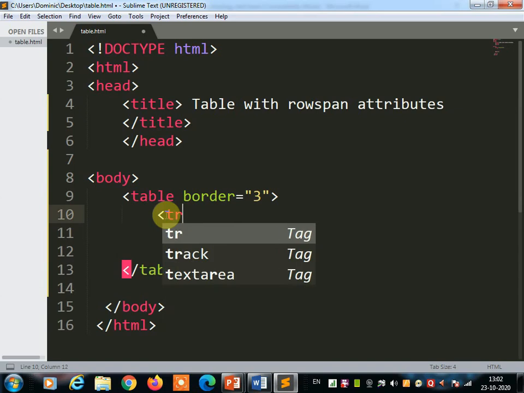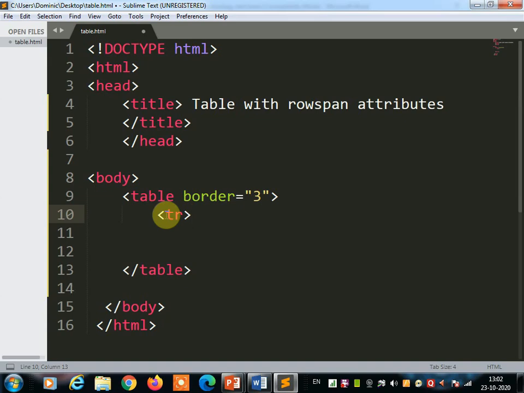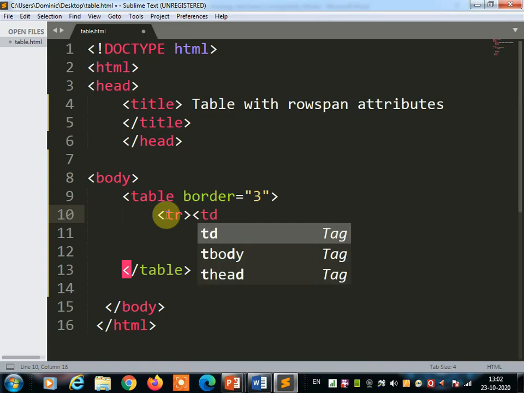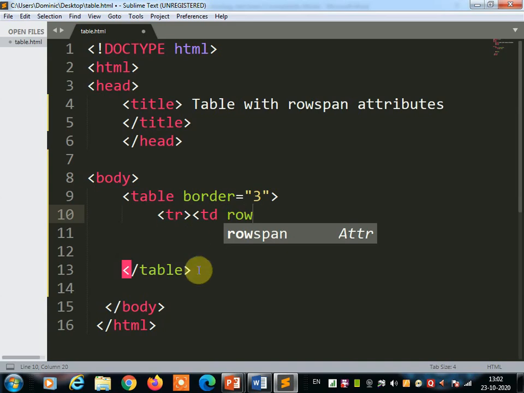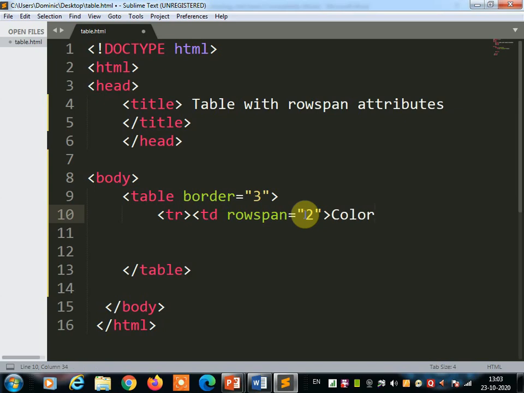The first row we create by using the tr tag, and to put the data inside we use the td tag. In the td, I'm going to use the rowspan attribute to merge two rows into one single row. So I'm giving the number 2 and putting the data inside, color, and then closing the td tag.